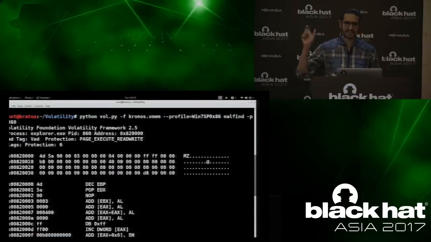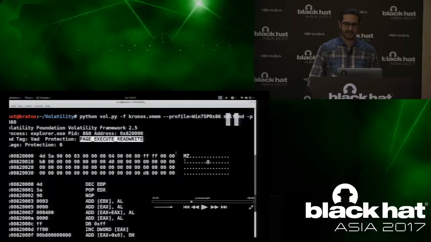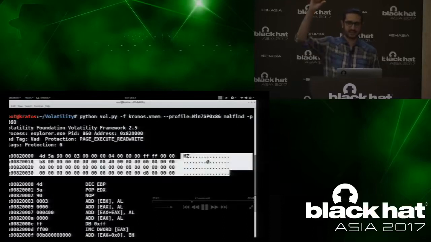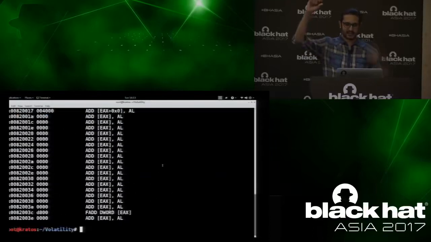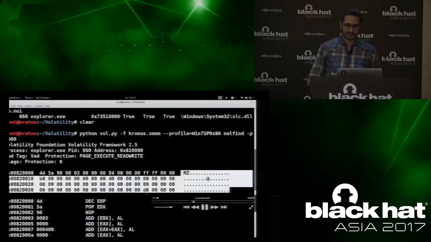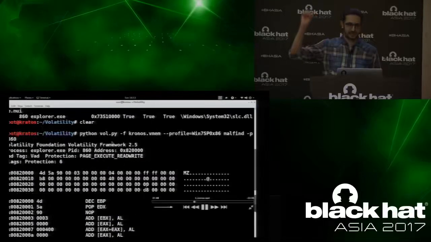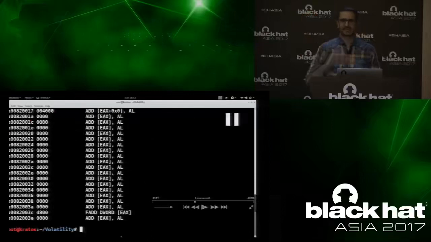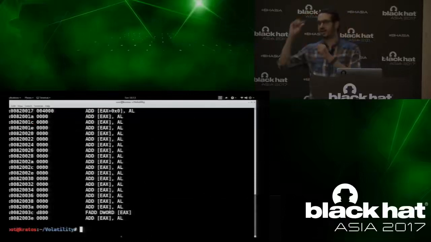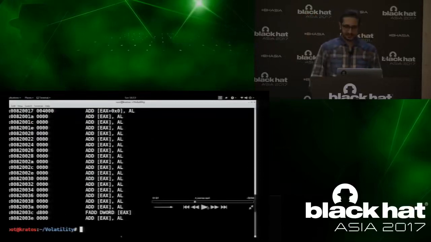That is where the patched explorer.exe is, 0x82 followed by this. It's telling you that it's bad because it is executable and has read-write protection. But it misses that executable, which was loaded at 0x6 followed by, as you can see here, I'm just scrolling down to show you, it misses that component. Which means the tools are not telling you there are two components, nor are they telling you there is a redirection.